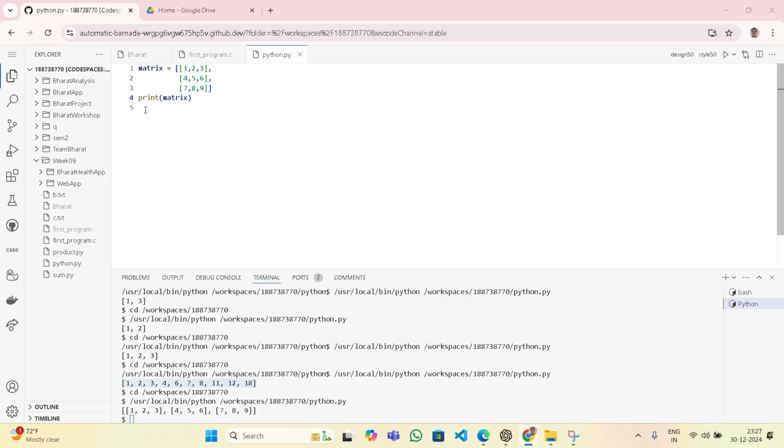If we want to print any element in the matrix, then we have to type element is equals to matrix and the location of the required element. Here let us print 6. 6 is in the second row and third column. Therefore,